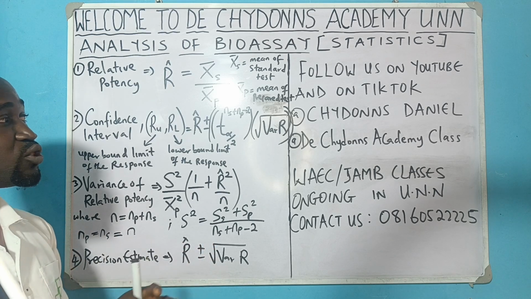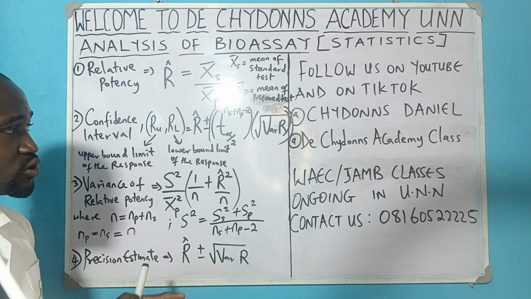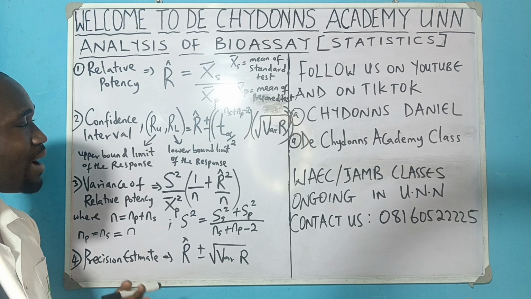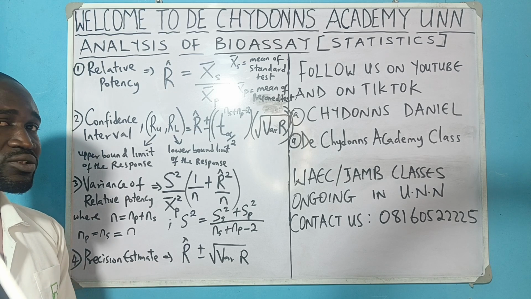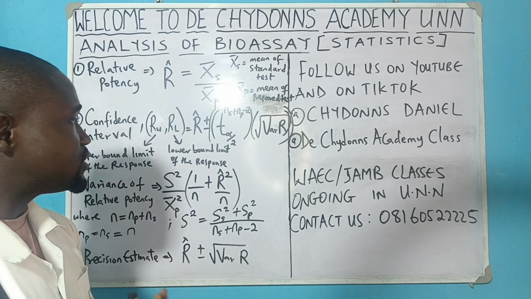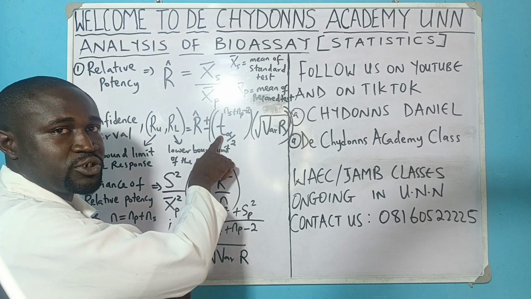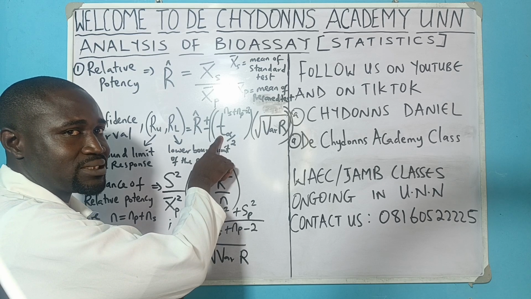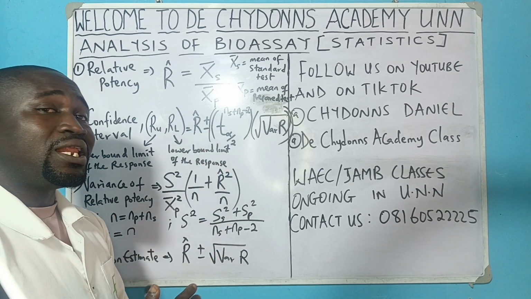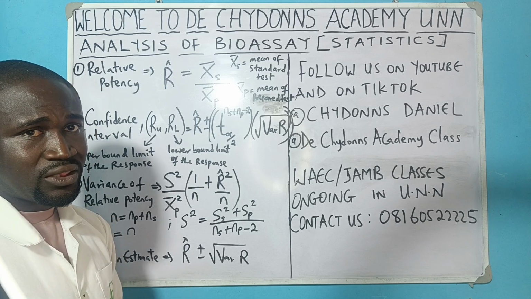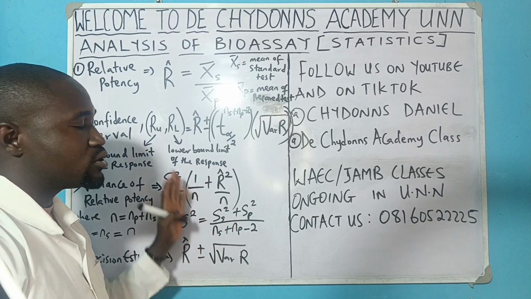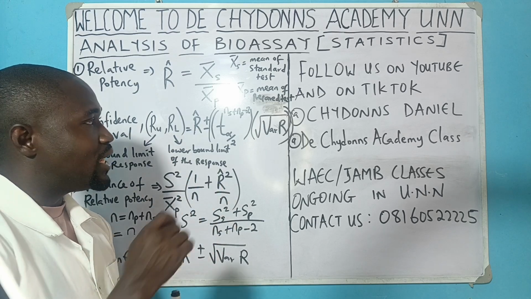Okay. We'll go to live question. For you to use the live question and see how you can appreciate this we talk about. We have a lot of things we need in this topic. You will need a 4-figure table containing the student T distribution test. We need a calculator, a functional calculator. Yes, these are the two things we need to sort out questions in this topic. Okay, let's check the question.